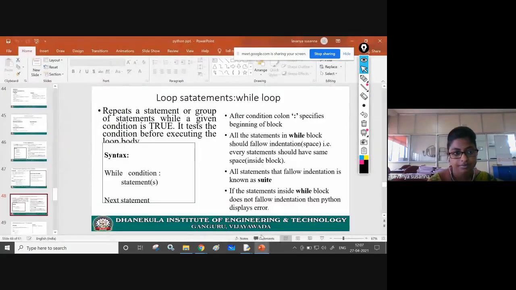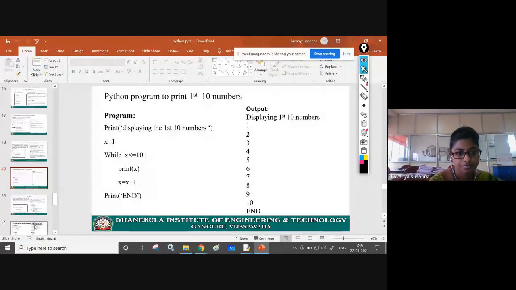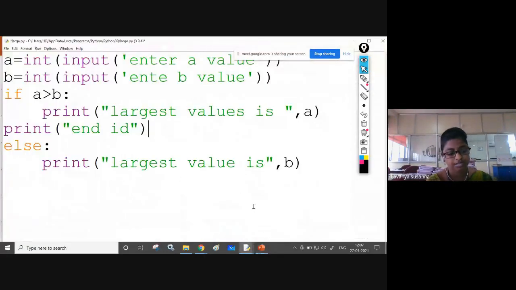Now next, if else is completed, right? Next, now let us find the largest of three numbers. Okay, see once again, largest of three numbers. You need to use elif. If a greater than b and b greater than a, then print largest value is a.